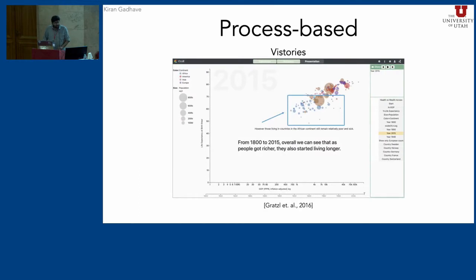An example of this approach is the Vis Stories work by Gratzel and others. Vis Stories captures the interaction provenance for all the tasks you do, and then uses this interaction provenance to create a story for presentation purposes later. Vis Stories, however, does not support reusing the captured provenance on an updated data set or